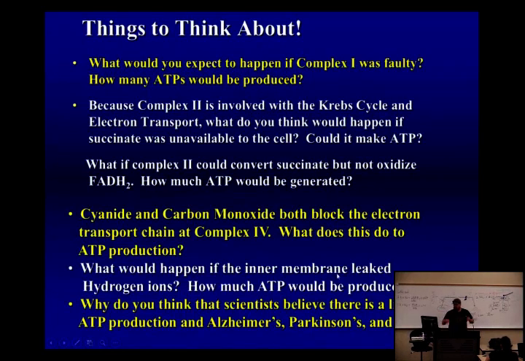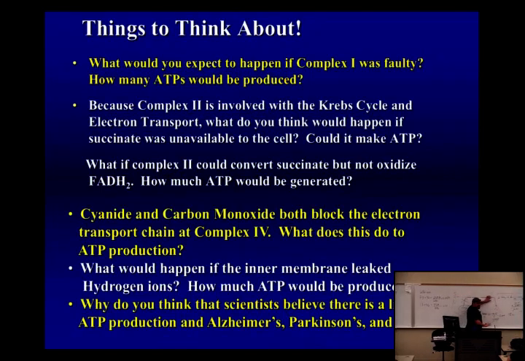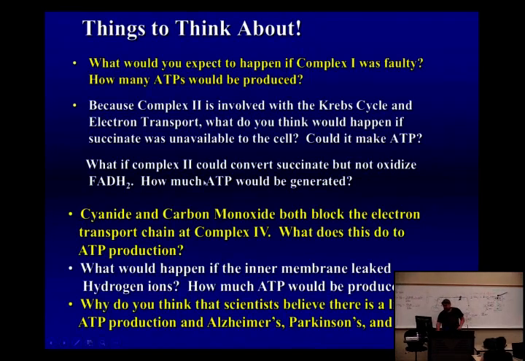What would happen if the intermembrane leaked? How many ATPs could you make? If it leaked, 0? Two. Only in the beginning. From where? Glycolysis. Yes. Because that would be the same effect as shutting this down, right? You wouldn't be able to get the protons to go through there.